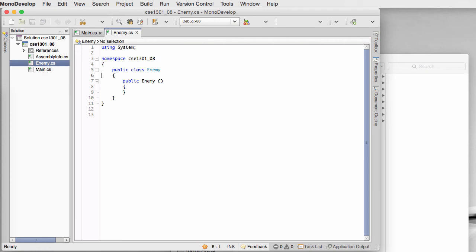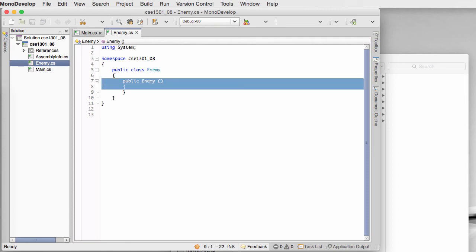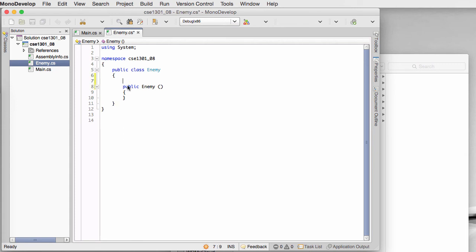Okay, so here we've got our public enemy, and you'll see the keyword here for class denotes that all of the code inside of these curly brackets are going to be associated with this class. And then we give the class a name. In this case, it's an enemy. Here we have a default blank function that is the same name as the class itself. And we'll talk about this in the next segment, but this is called a constructor. Okay, so we have a blank method, and into this I can add